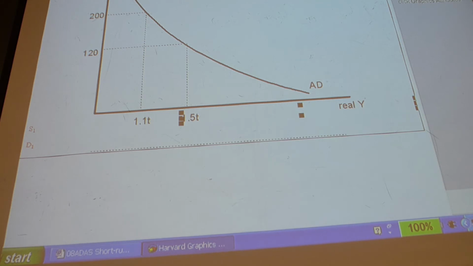For macroeconomics, there's a short run and a long run. But the short run and the long run is not defined in the same way as micro. It's defined in relationship to prices. In macro, the long run is when all prices can change, including wage rates and factor prices, input prices. The short run is only when product prices change, consumer prices change. So in the short run, wages can't change, but the prices of gasoline and the like, food can change. In the long run, wages can change, right?